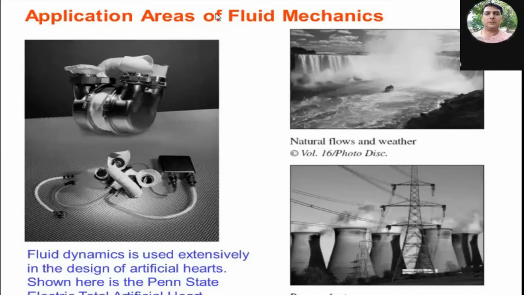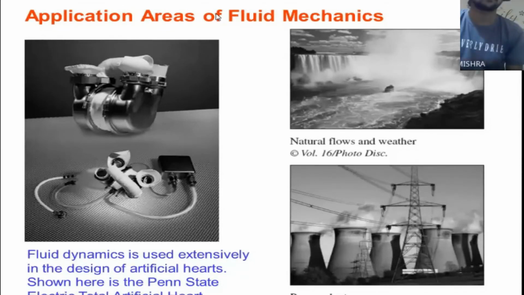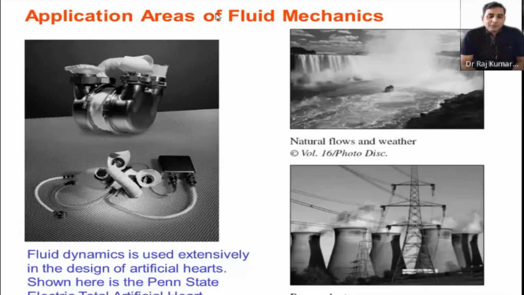Yes, sir. So fluid mechanics has a lot of scope in all areas. These days, people are doing a lot of designing of human body parts. Previously people used to have parts of animal origin, sometimes the eye. But now everything is designed artificially, something biodegradable. So these are the examples. You also have natural flows